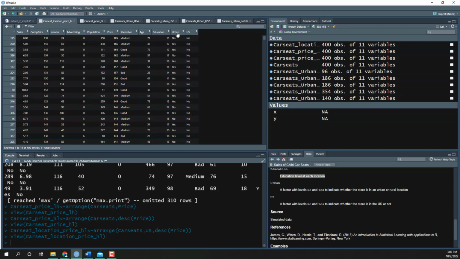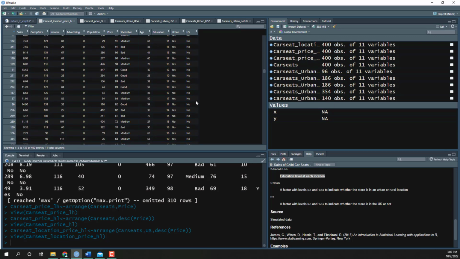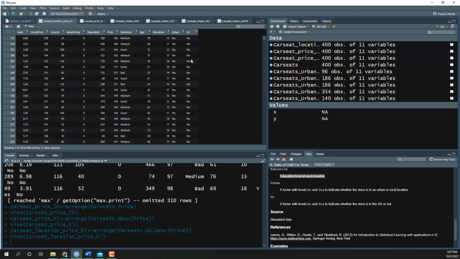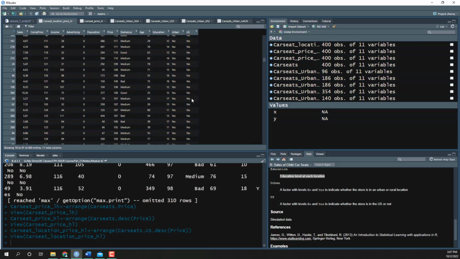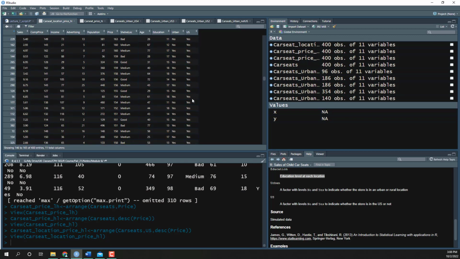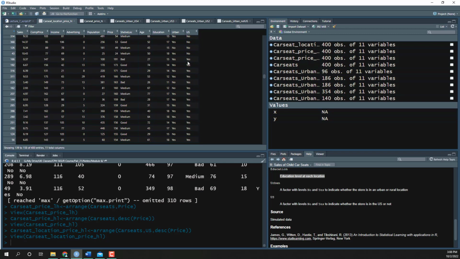So you'll notice if we go to the US, the no's are all first. So if I scroll down here, I'm going to see all the no's for US and then all the yeses for US. And then within each of these, each grouping of no and then the grouping of yes, we're then going to order by price from high to low. So notice the price starts at 185 and continually gets lower as we look at the no's. And then once we get to the yeses, we can see the yes is the 191,